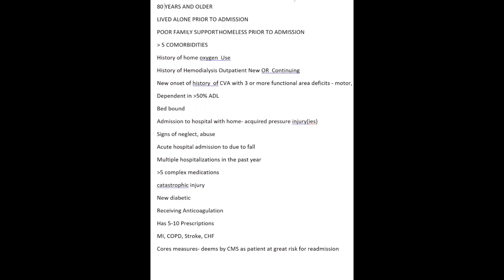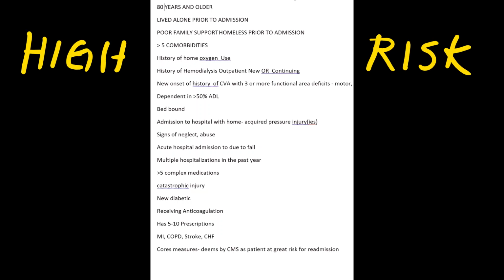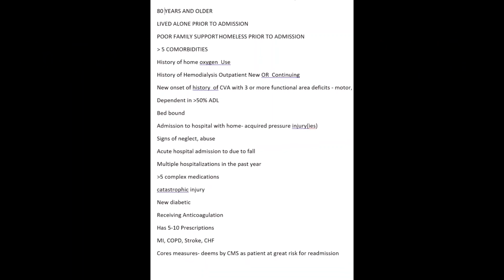This is the category of high-risk patients for discharge planning. Patients who are 80 years and older, patients who lived alone prior to admission, patients with poor family support, homeless prior to admission, greater than 5 comorbidities, history of home oxygen use, history of hemodialysis outpatient, new or continuing, new onset history of CVA with 3 or more functional area deficits, motor, visual, and cognitive, dependent in greater than 50%